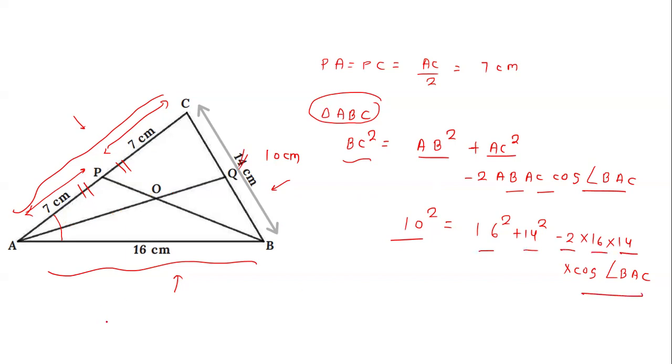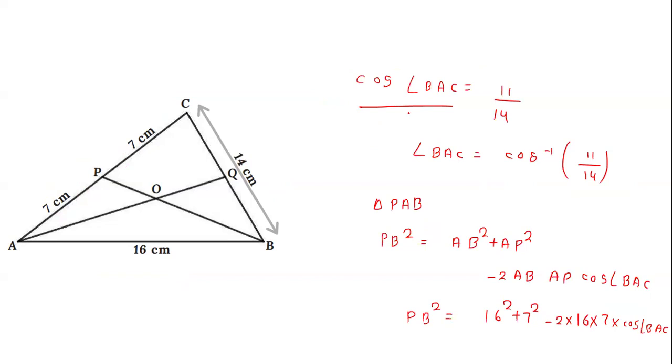So from here we know all these things. So the unknown is this cos term. So we can find the cos of angle BAC, which comes after solving as 11 by 14. So you can find out this angle is coming as cos inverse of 11 by 14. So now we know this whole angle. And in the problem, it is given that this angle is equal to this angle. So this angle will become like half of this angle.